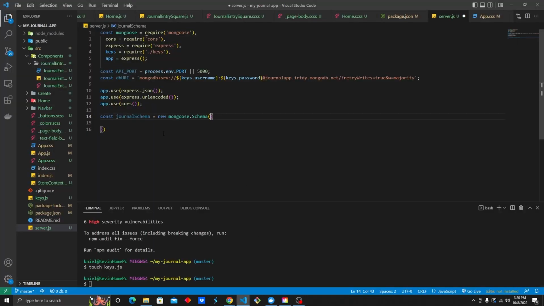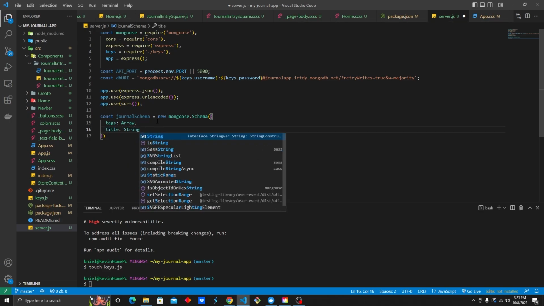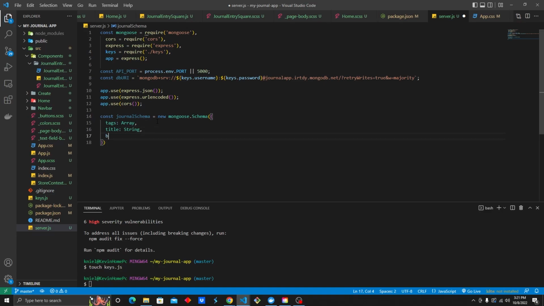Words sound the same. So anyways, parentheses, curly brackets, and this is where we're going to define what the data should look like going to our database. So we're going to have tags, and we're going to send that in the form of an array. We're going to have title, which is a string. Our body is going to be a string. And we're going to have created,